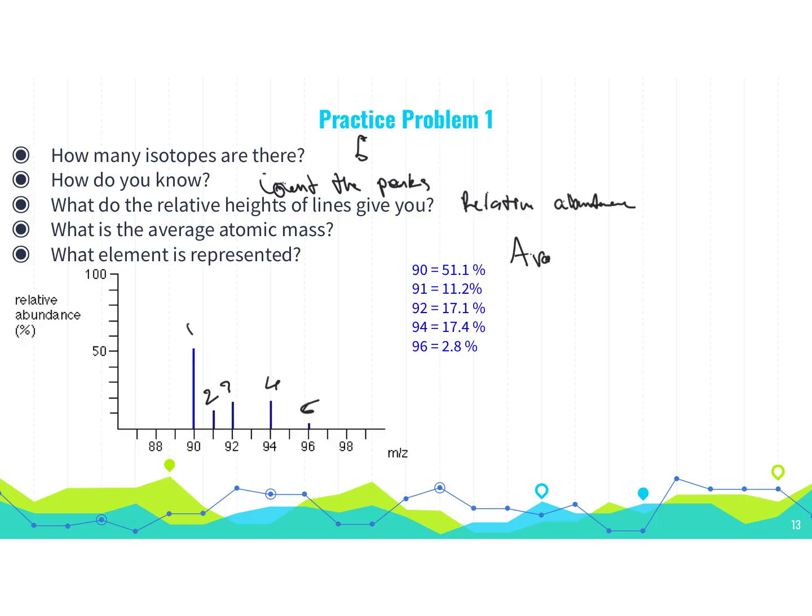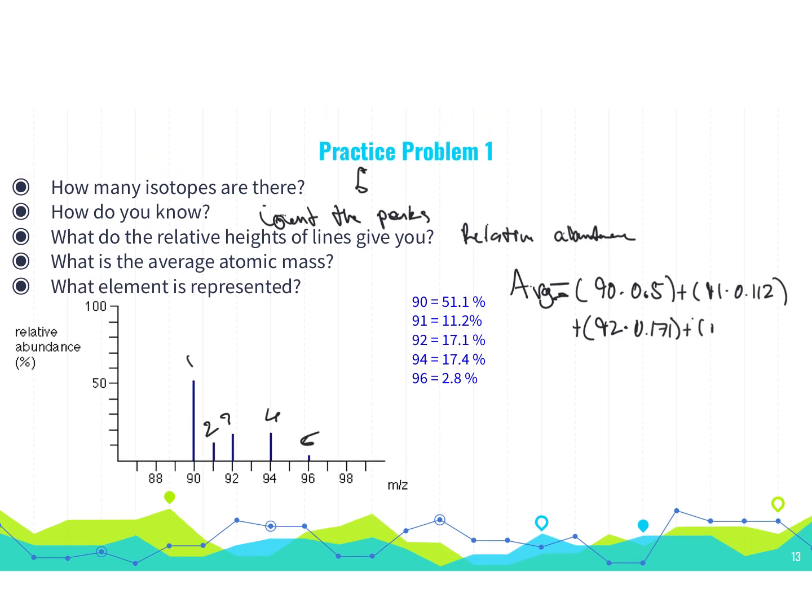So the average is equal to, if we start with 90 times 0.51, not 0.051, plus 91 times 0.112, plus 92 times 0.171, plus 94 times 0.174, plus 96 times 0.028. And that is equal to 91.32